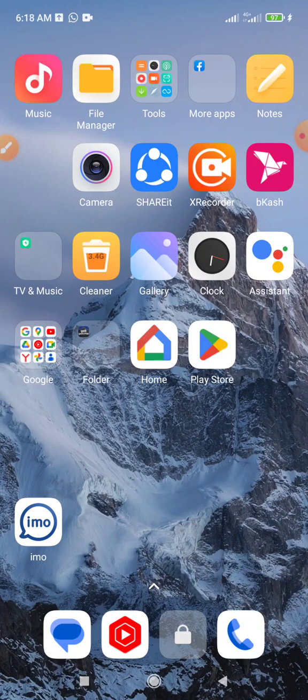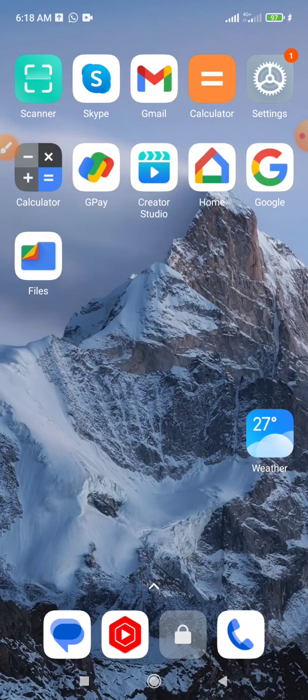If you want to know which version your mobile phone is running, then see this video and check which version your mobile phone is running at this time. So please watch this video and check your mobile phone version. Follow these steps, but first